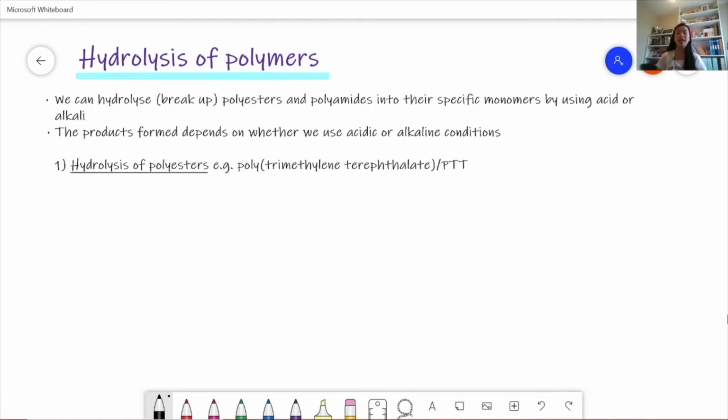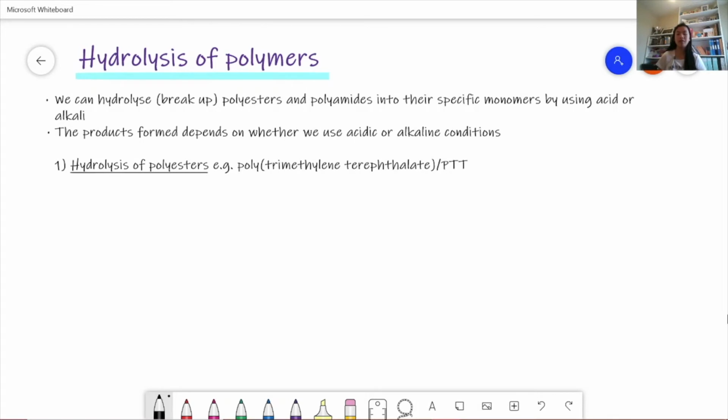And so basically if you think back to when we hydrolyze normal esters, so not polyesters, but just esters, if we hydrolyze it using sodium hydroxide, we form a salt of the carboxylic acid. So we form a carboxylate, and then we also form the alcohol. Whereas if we hydrolyze an ester with a H plus catalyst, so acidic conditions, we form the carboxylic acid and